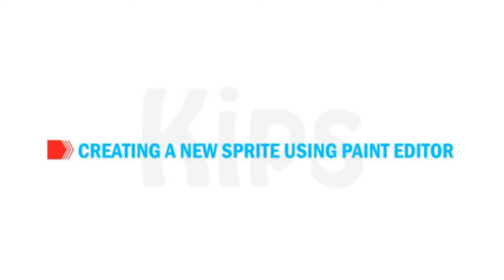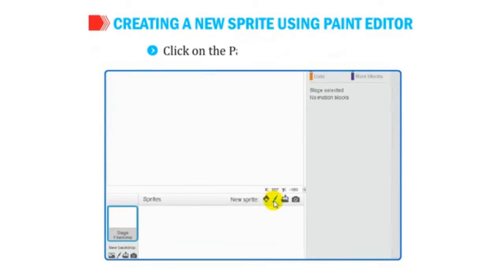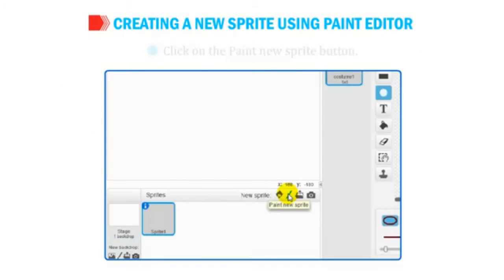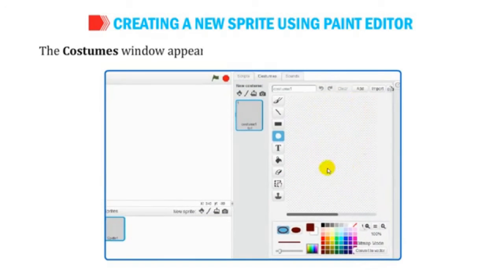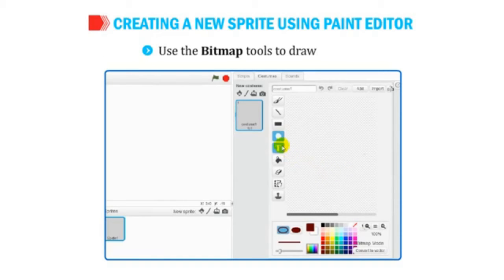Okay, students, let us understand how to create a new sprite using a Paint editor. Click on the Paint New Sprite button. The Costumes window appears where you can draw and paint your own sprite. Use the bitmap tools to draw a sprite.